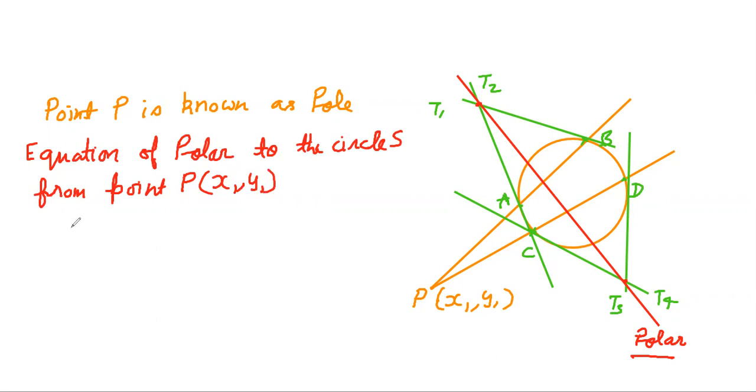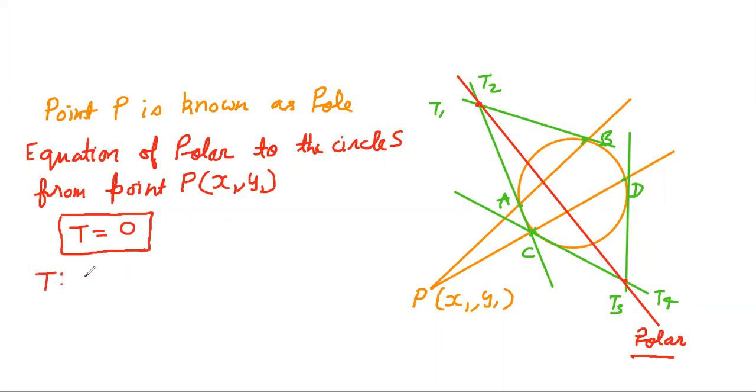Simple: the equation T equal to 0. This equation is also valid in the case of the parabola also. The equation of the tangent equal to 0. So the equation comes out as what, the tangent equation you know,